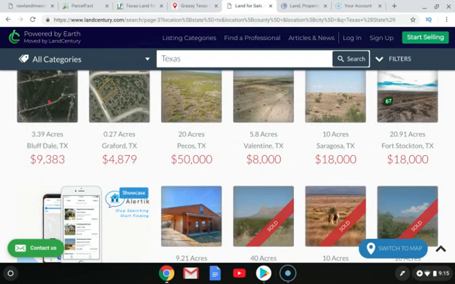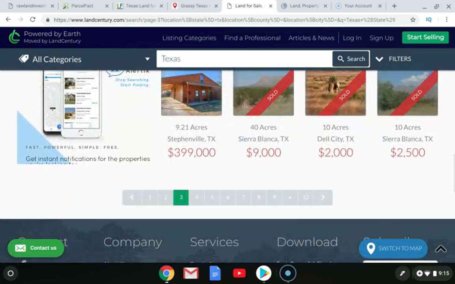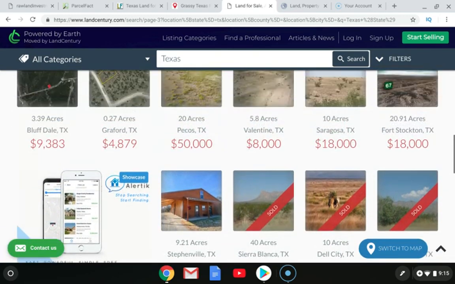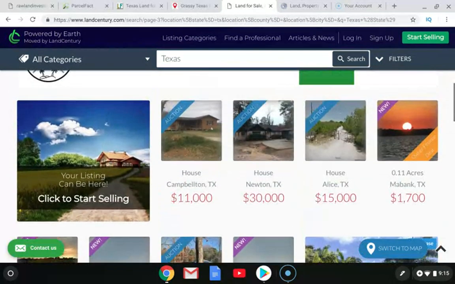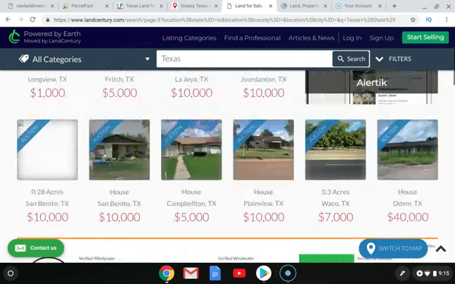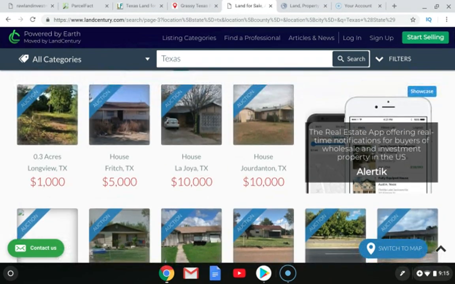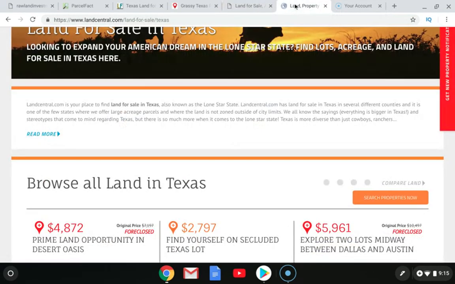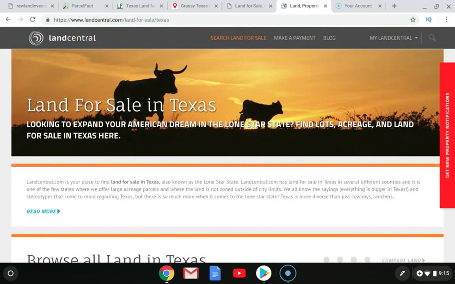So I would use Land Century as a comparison site. What are other people selling properties for? So you know what to buy them for on a wholesale deal, and then relist them on a wholesale or retail type deal. So Land Century would be a good comparison site. And then let's go to, what do we have next? Now we're at Land Central,